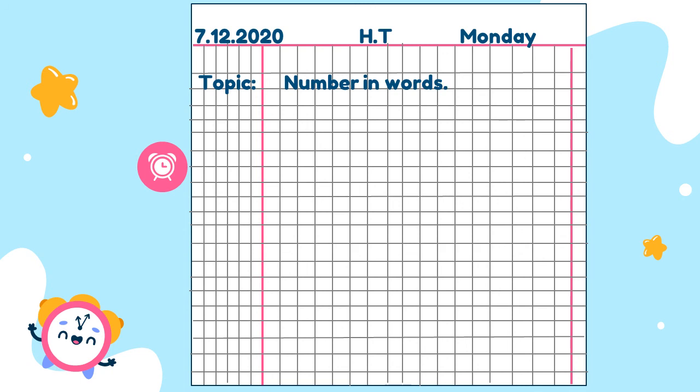So what comes after 28? 29. Then the spelling of 29. TWEN 20, NINE 9, 29. And the last number is, what comes after 29? 30. THIR 30. You have to write, you have to learn the spellings as well.